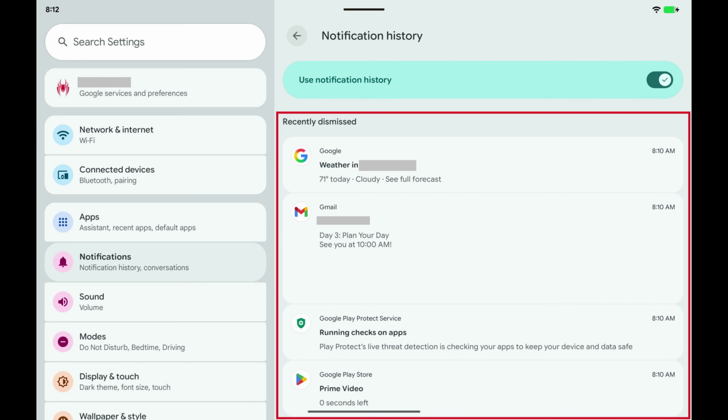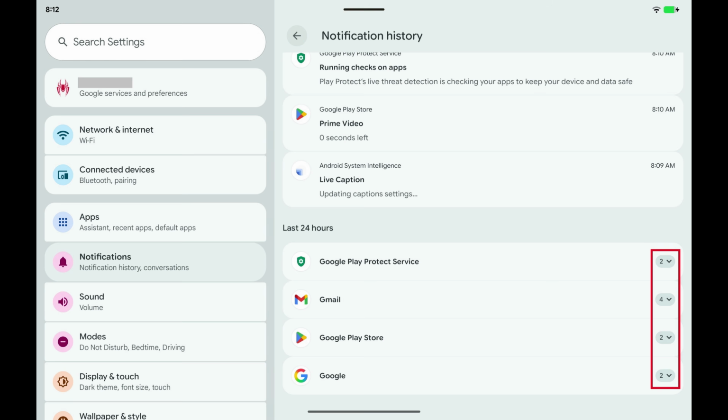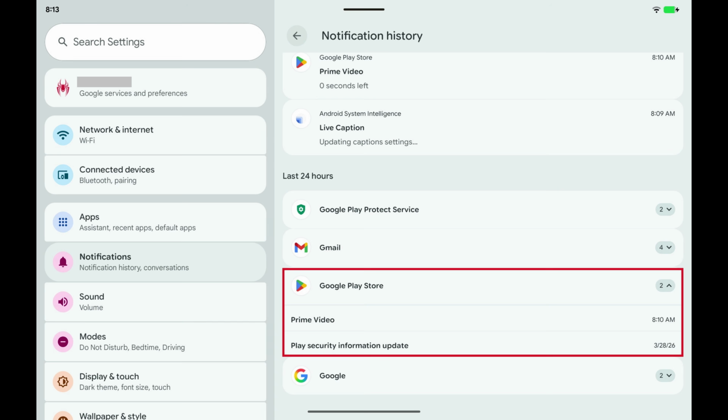recently dismissed. And if you scroll down further, you'll see a Last 24 Hours section where you'll see all of the apps that have sent you notifications that you've dismissed over the last 24 hours and the count of notifications associated with those apps. Tap the drop-down arrow associated with those apps to see the list of notifications associated with